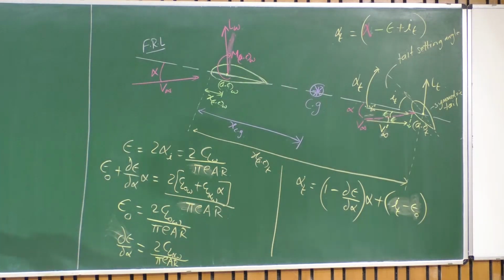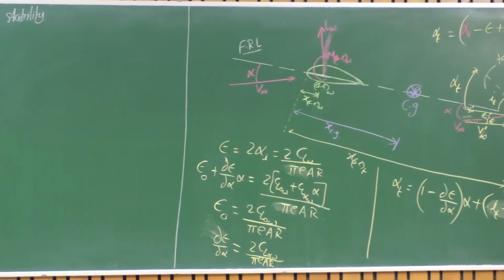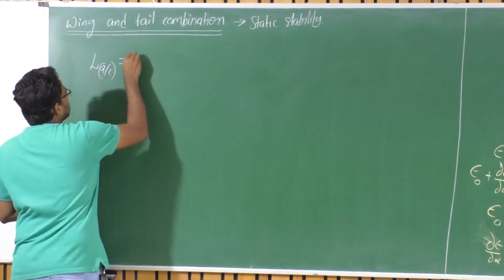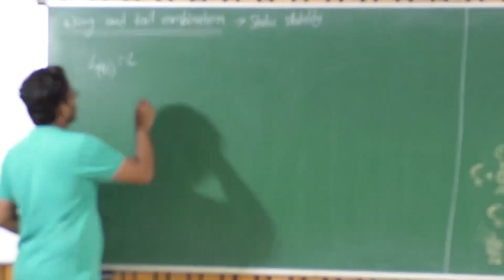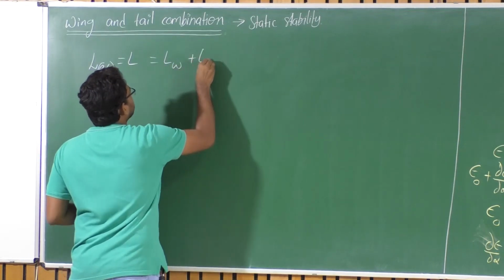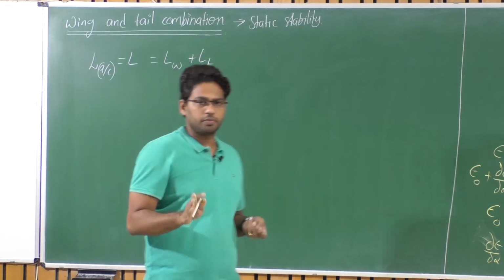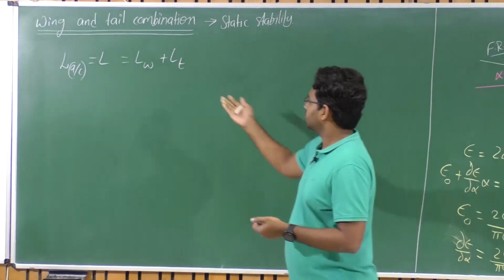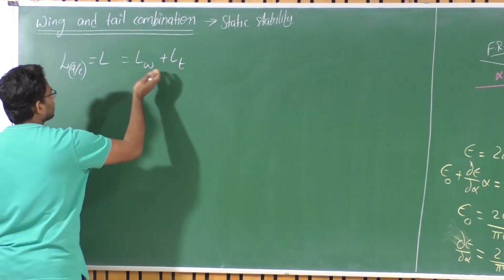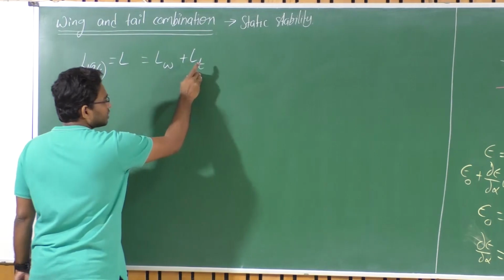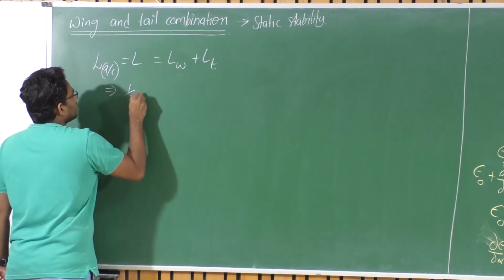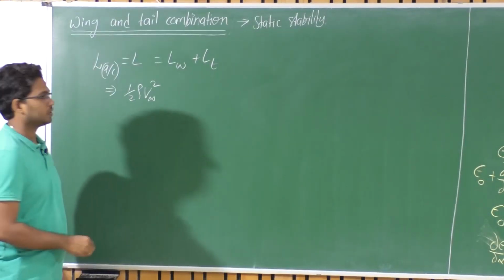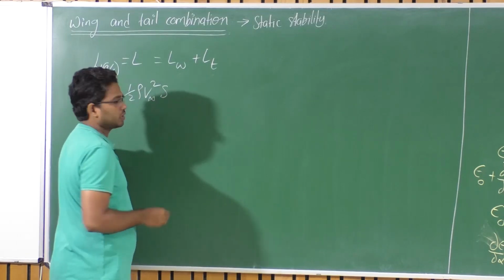Okay. So now, what is the total lift of the aircraft? A by C stands for aircraft here, or say this is nothing but total lift of the aircraft. L is equal to lift of wing plus lift of tail from the principle. So do you remember those assumptions? One of the assumptions talks about principle of superposition. So the total lift here from that assumption is equal to lift of wing plus lift of tail. So this is equal to half rho V squared. So aircraft free stream velocity is equal to the wing free stream velocity, times the reference area of the wing, which is the reference area of the aircraft.